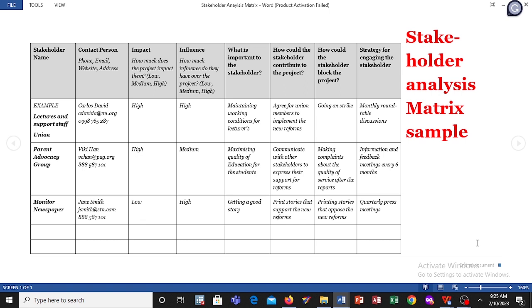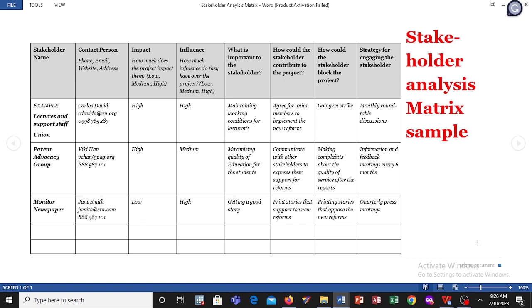stakeholders, and how does each affect the organization or the project, and whether it can be a negative effect or a positive effect. You want to find out what power they have on the project. They may have low power and high interest, or high power and low interest, or high interest and high power. You want to categorize them in those different groups so that you know how to engage the different kinds of stakeholders you have. So in my sample today, I have a sample of a stakeholder analysis of